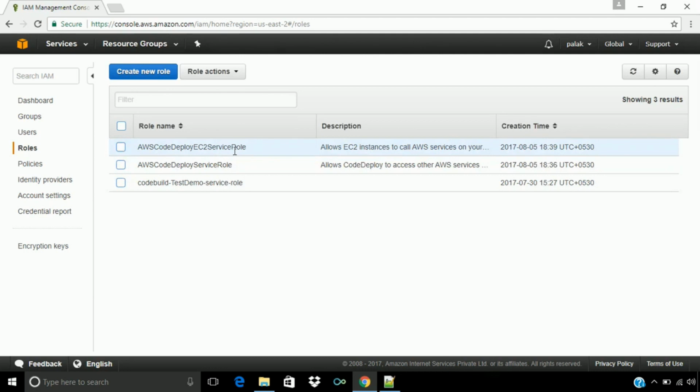attach our custom policy. So we have provided the access to the user for the AWS code deploy and other AWS services. Then we have provided the access to AWS code deploy for Amazon EC2 instances, and after that we have provided Amazon EC2 access of Amazon S3 and GitHub. So all prerequisites has been set up correctly. So now let's move ahead and start the lab of deploying an application.